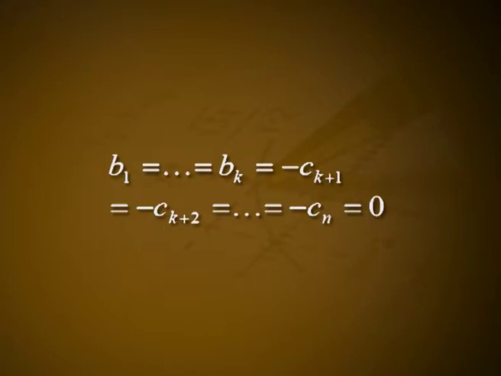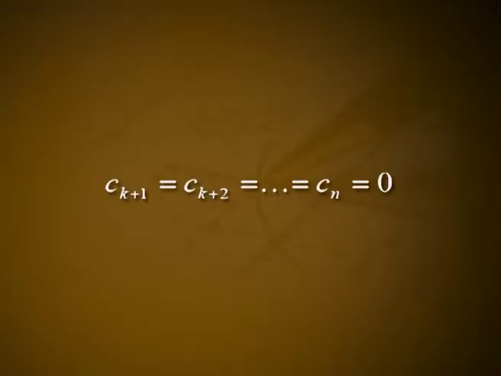minus C n equal to 0, since alpha 1, alpha 2, etc. alpha k, alpha k plus 1, alpha k plus 2, etc. alpha n is linearly independent, being a basis for V. That is, B 1 equal to etc. B k equal to C k plus 1 equal to C k plus 2 equal to etc. equal to C n equal to 0, or in particular C k plus 1 equal to C k plus 2